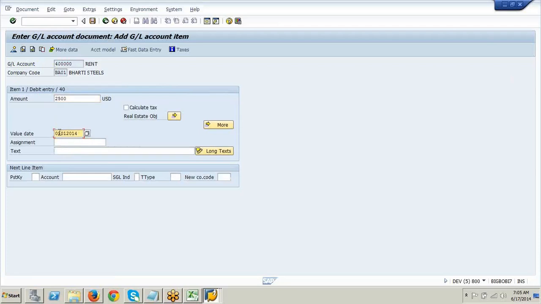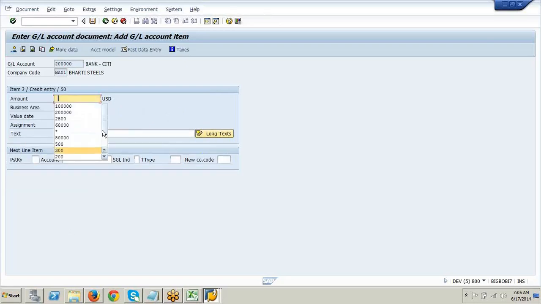Value date 10. What's the assignment? This is the assignment field, right? This assignment receives the value from the sort key. Then the 50 series, rent, enter.